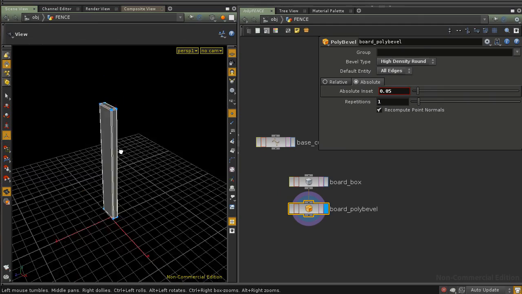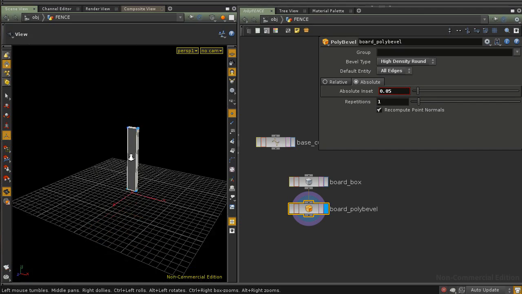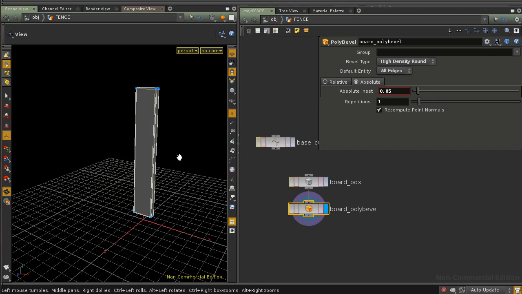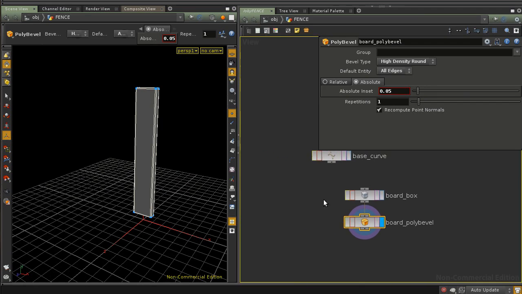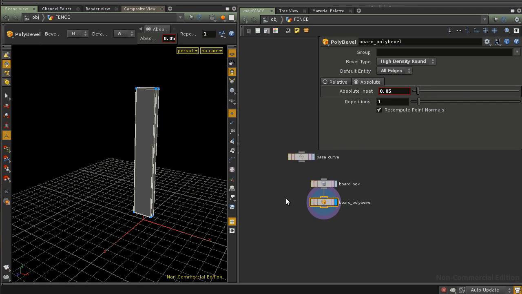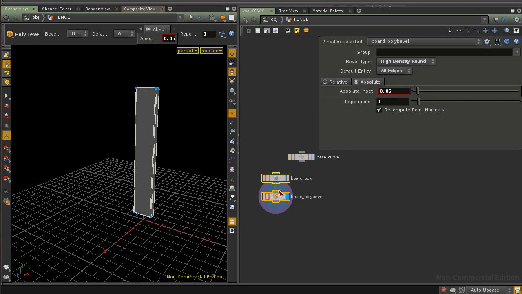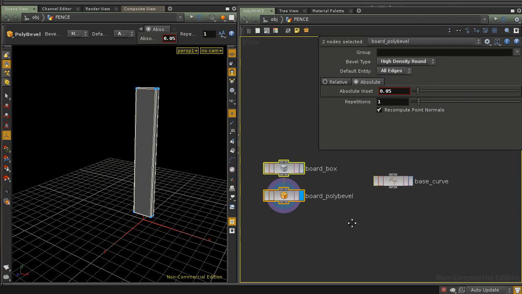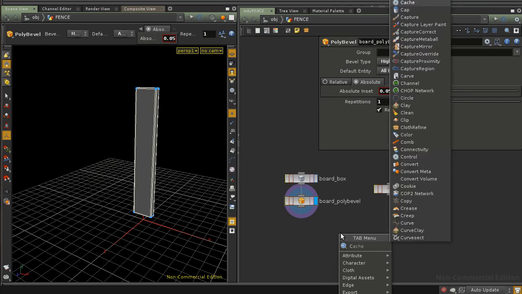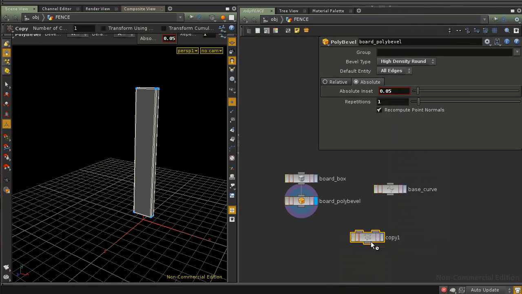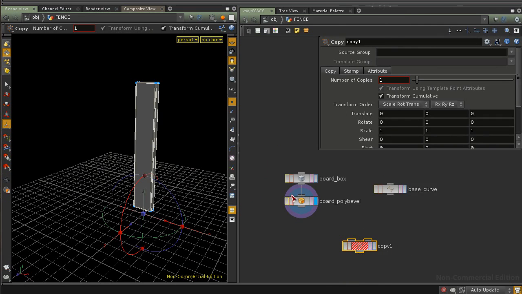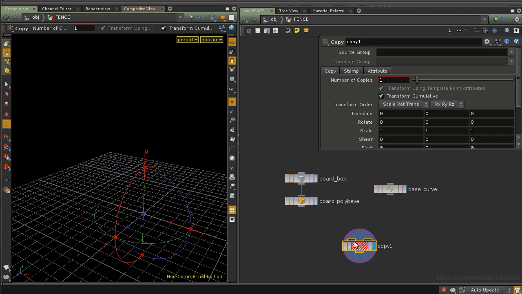Okay, that's the board, and we need a bunch of them, so we're going to use this to create a bunch of them. How can we do that? Let me just tell you that we're going to use a magic thing, which is the copy sub. The copy sub copies stuff. If I plug the board to the first input, which says primitives to copy,